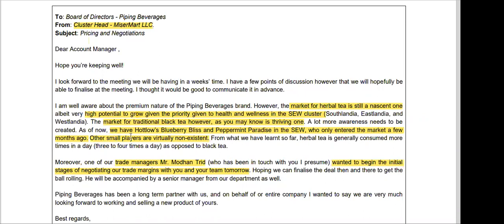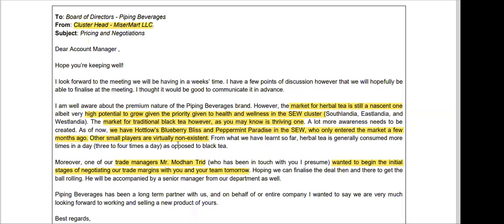As of now, we have Hot Lows, Blueberry Bliss, and Peppermint Paradise in the SCW sector. Yes, in these 3 markets, our competitor Hot Lows, Blueberry Bliss, and Peppermint Paradise had been introduced into the market, who only entered the market a few months ago. Other small players are virtually non-existent. So what you can understand from this information is